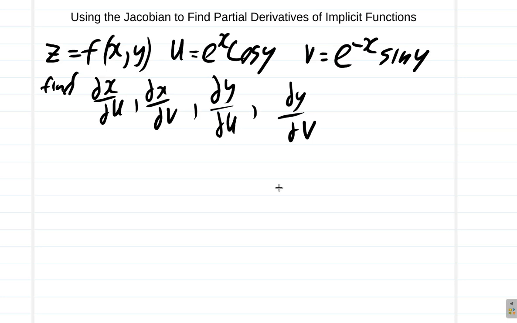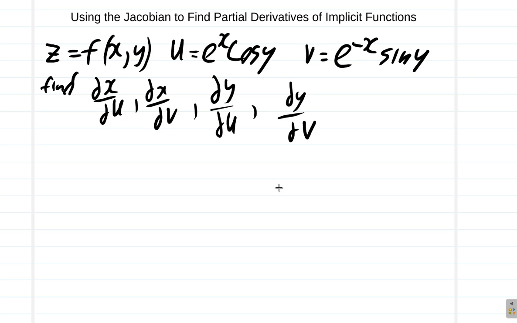You had seen this example before, where you're to find ∂x/∂u, ∂x/∂v, ∂y/∂u, and ∂y/∂v. If z is a function of x and y, u is e to the x cos y, and v is e to the negative x sin y. Now,